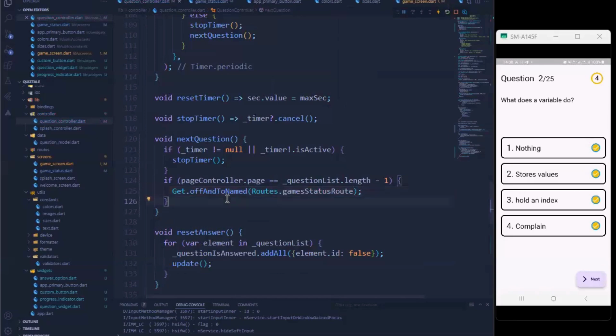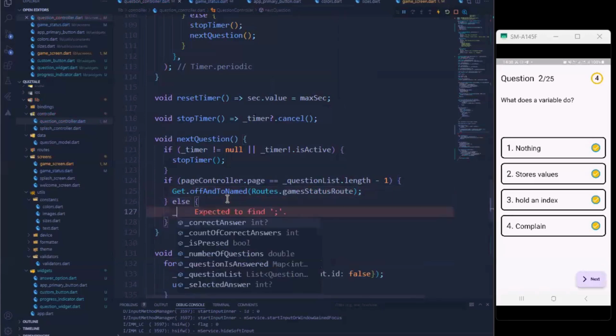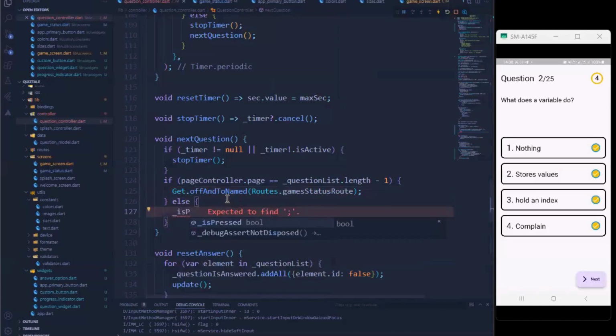So if that is not the case, that means that maybe you're on page 2, right? You're on the second page, and the second page is actually holding the question index of the second question. So it means you're on like question 2 of 4. Okay. So what we want to do, if you now click on next,